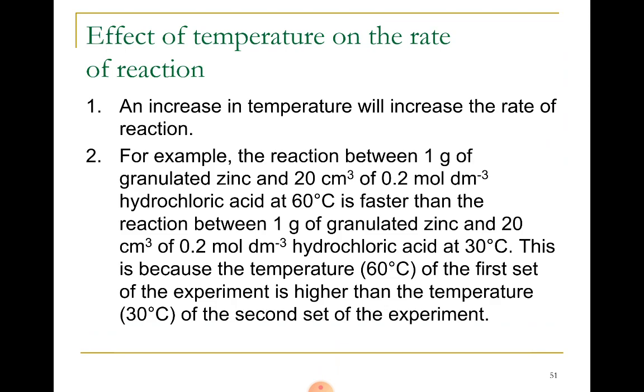Okey, so effect of temperature. Okey, itu sahaja sebenarnya untuk kita kata eksperimen yang pertama kita, ataupun the second factor in the factor that affecting the rate of reaction. So kita sambung lagi nanti,